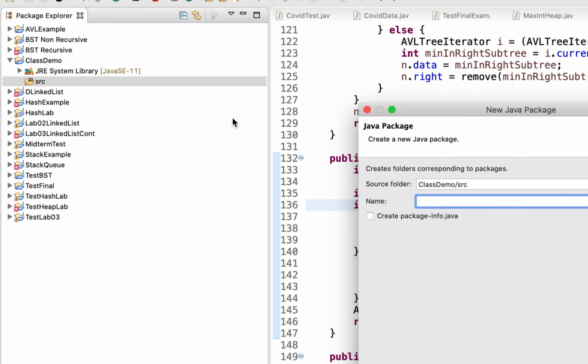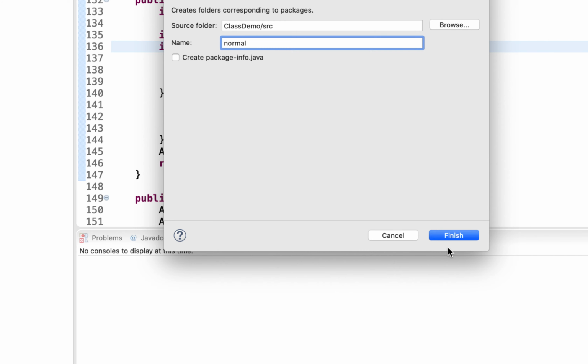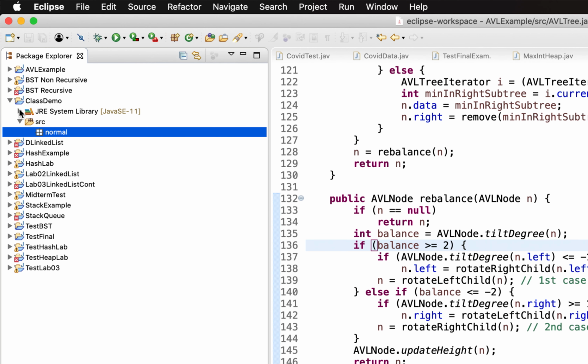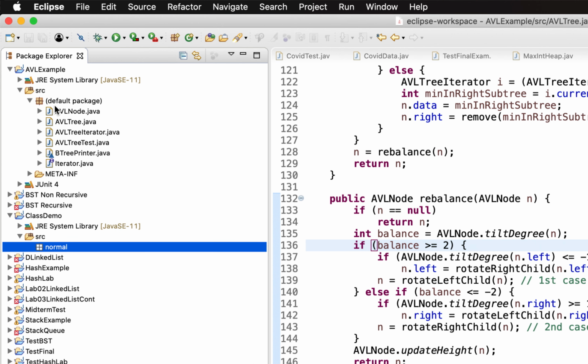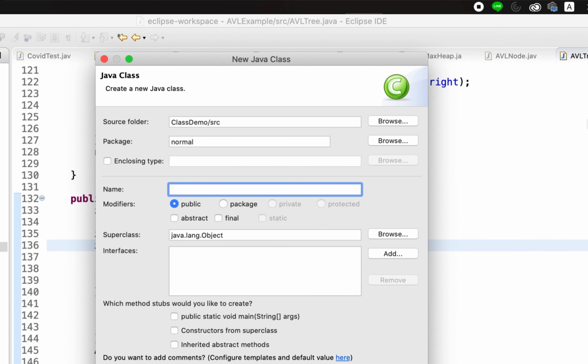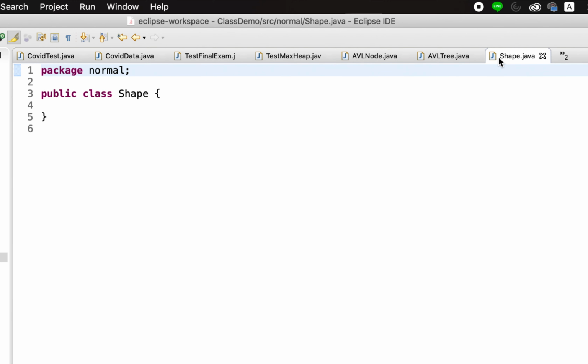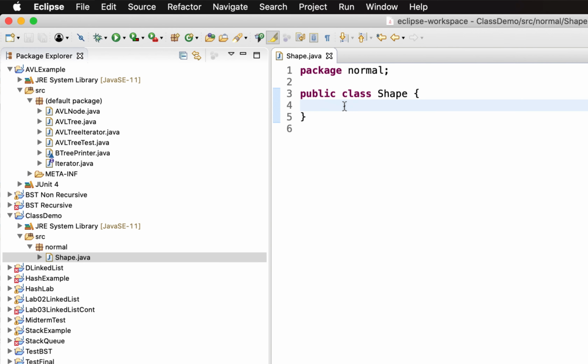Actually, you have the standard package, right? I will use it like the normal package. But normally, if you create a new class like this, you have a default package if you want to create one. Okay, so I'll create the new class. This is the shape class. Sorry, I will close all tabs. For the shape class, actually it will have its own public double get area,